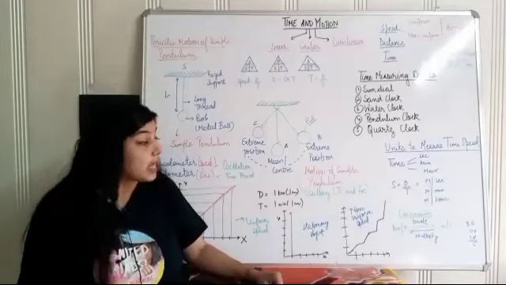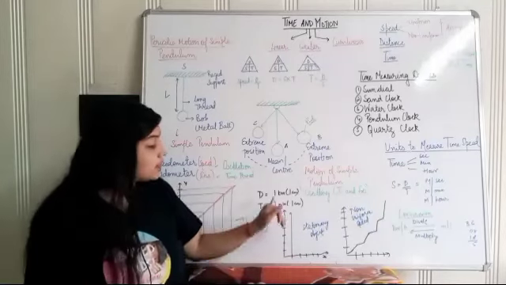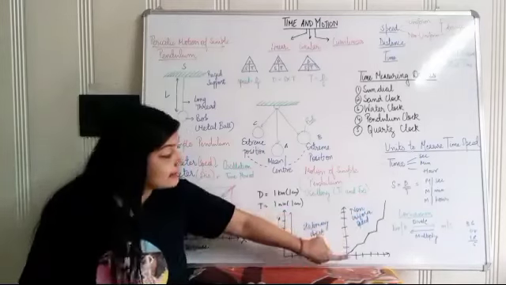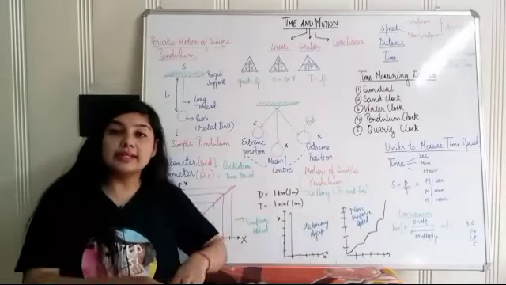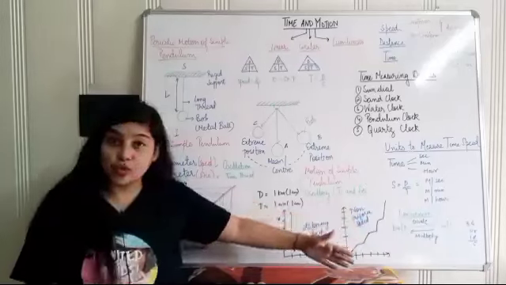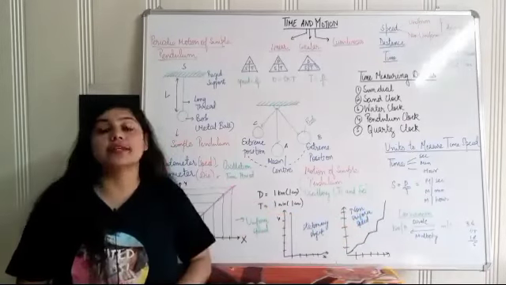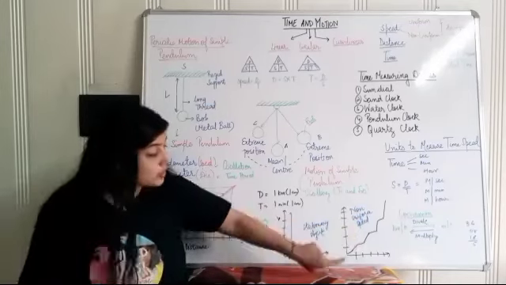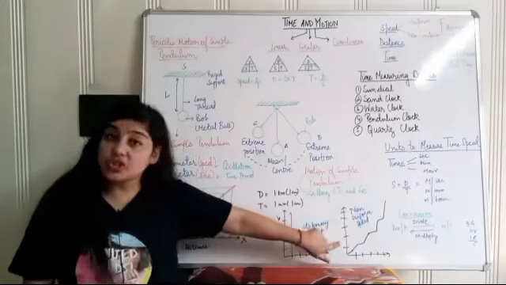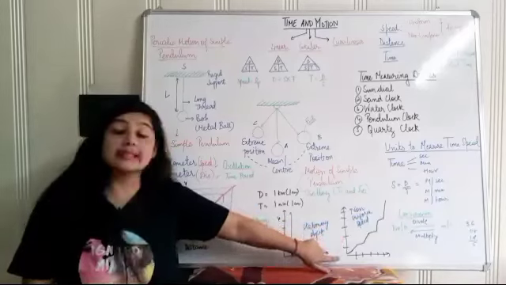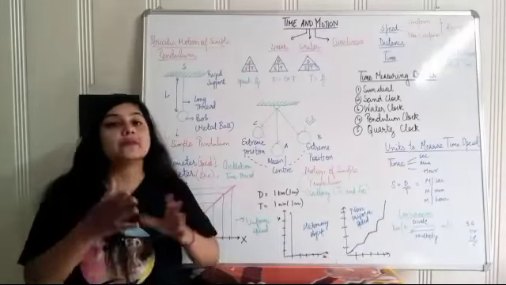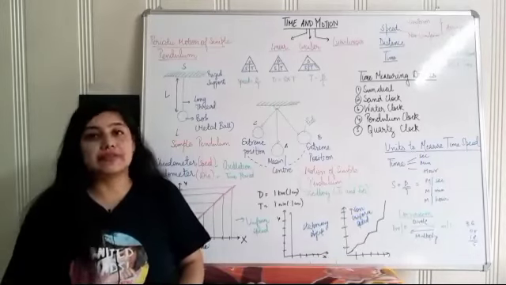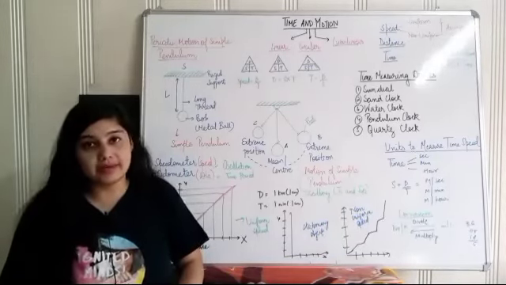So such kinds of graphs are called stationary object graphs, where it is clearly visible that the object is not moving. Now the third kind of graph, with a similar structure, you see at equal timing the distance covered is more. Sometimes it is less, sometimes it is more. So this kind of graph is called a non-uniform graph. Even the time is changing. Now you see at this point the time has changed. So when the time and distance continuously change, the speed cannot be constant, the speed cannot be uniform. In other words, it will be non-uniform speed, right?